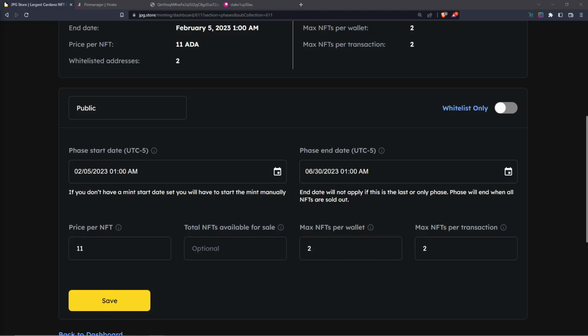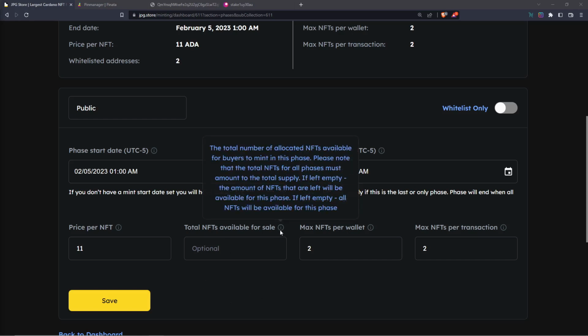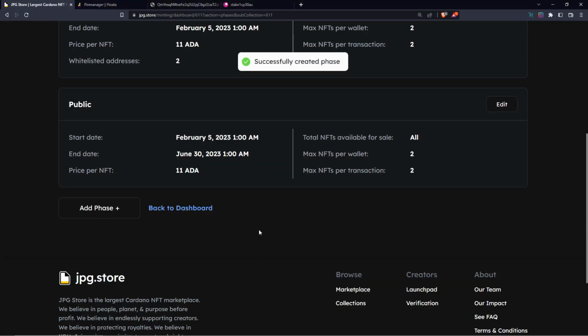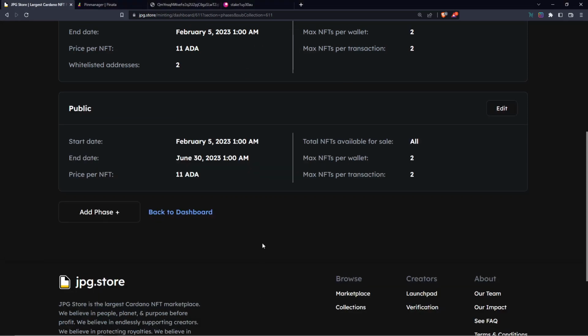Then on this phase, make sure you set an end date that is greater than the start date, as it may be overlapping when you initially set it up, and then set your other settings. And if you want this phase to just end or the available NFTs to be the max amount and essentially just the ones remaining after the first phase, then you can leave this option blank here as described on the information box, or you can set it to how many NFTs you want to specifically be for sale. Once you're satisfied with all of that, click Save for your next phase to be complete and added onto the